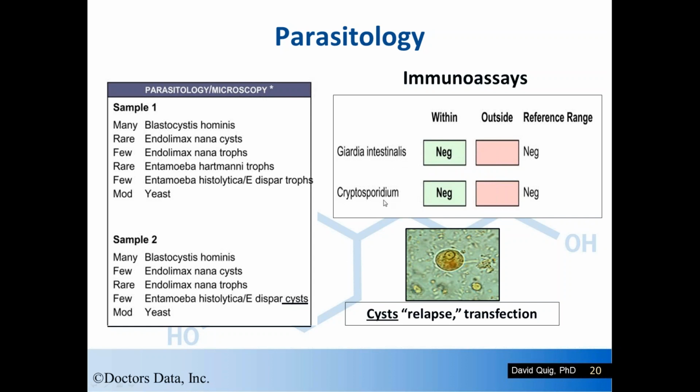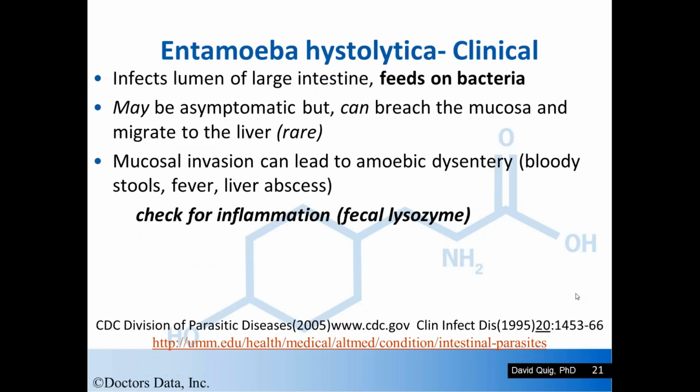Now we also, in addition to O and P, ova and parasitology, use sensitive immunoassays for Giardia and Cryptosporidium. And anytime you see cysts present under the microscope for a particular parasite, that's a good indication that you're going to have somewhat difficulty in preventing relapse, because the cysts are basically the egg form of the protozoa or parasite that is encapsulated in basically a concrete and steel, and it's very resistant to treatment. It's responsible for not only relapse but also transfection to other family members.